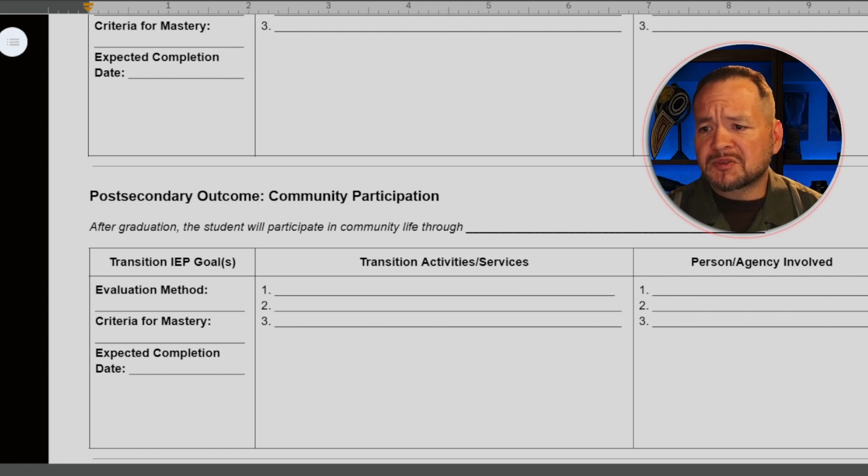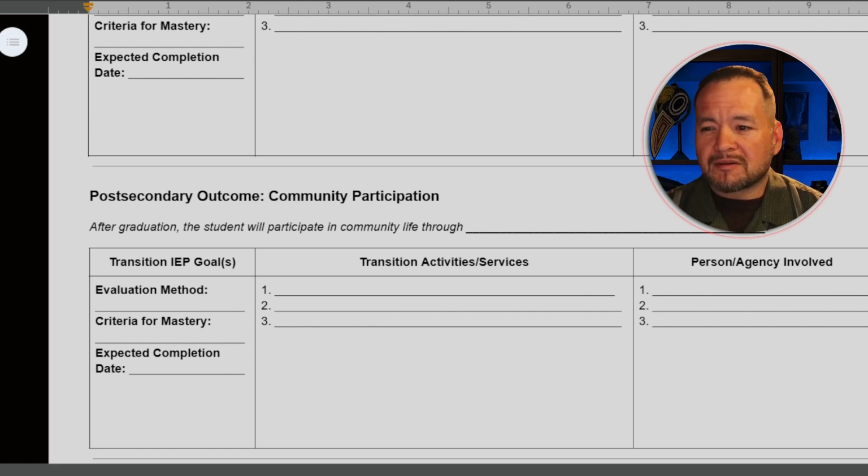The next section is community participation. And community participation is not really federally required, but it is a best practice. So you may not see it on your IEP or your transition plan, but it is good to have on there because community participation is really some real world readiness. Interacting with other people gives our young adult a chance to learn more about themselves and how they fit into the social stratosphere.